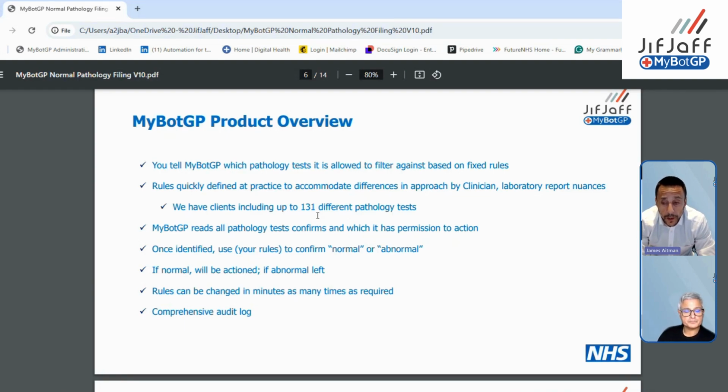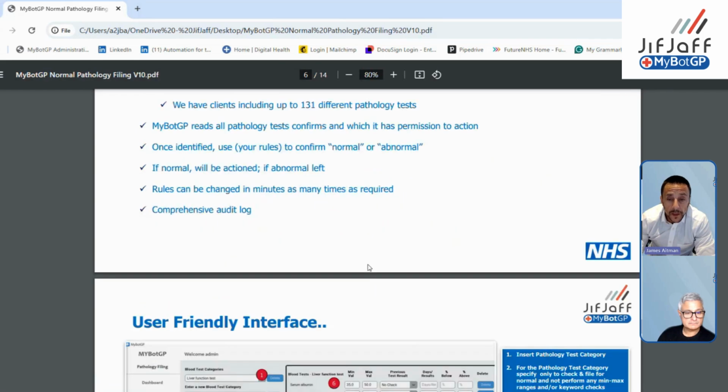We'll share with you a copy of a spreadsheet with an indicative list to show you what some of your colleagues are using it for across the NHS, and then it's up to your partners at your practice to say which ones they want to use it for. And it will log in and it will apply the rules or combination of the rules and make a calculation